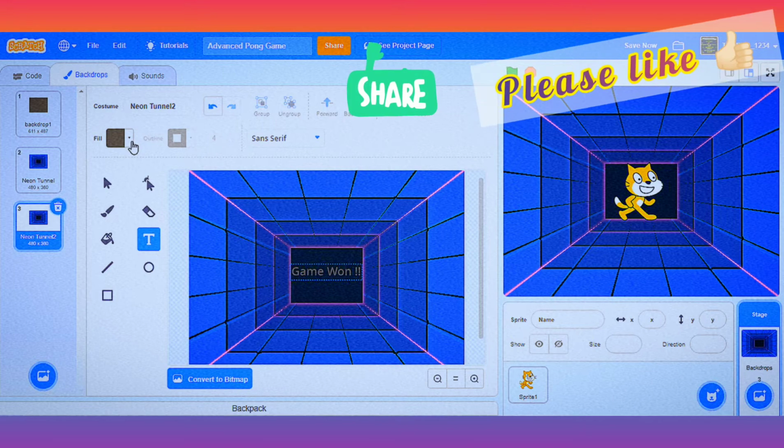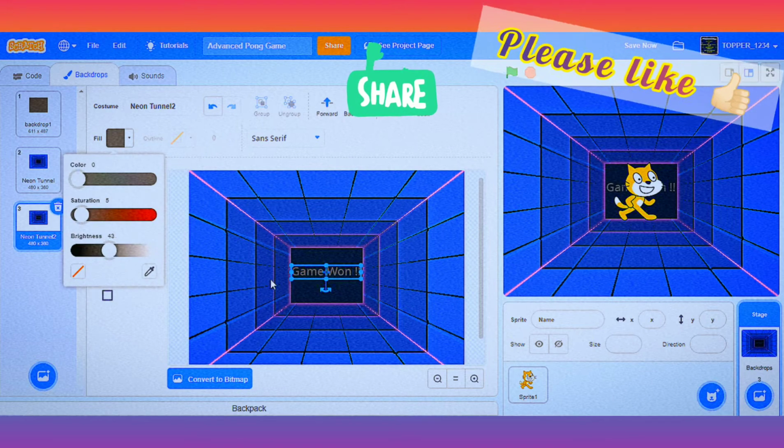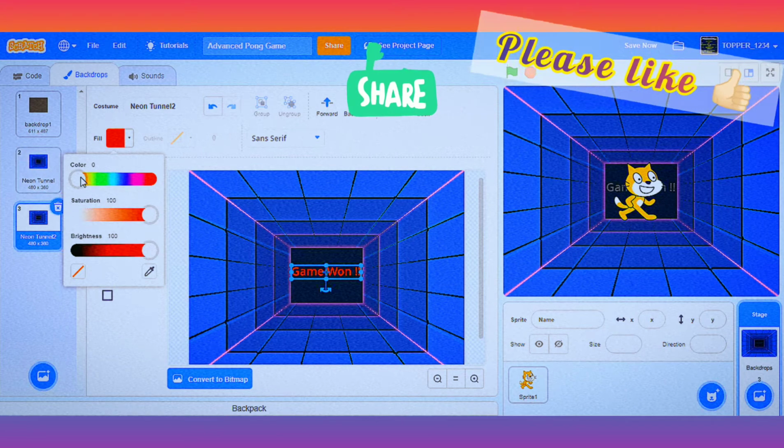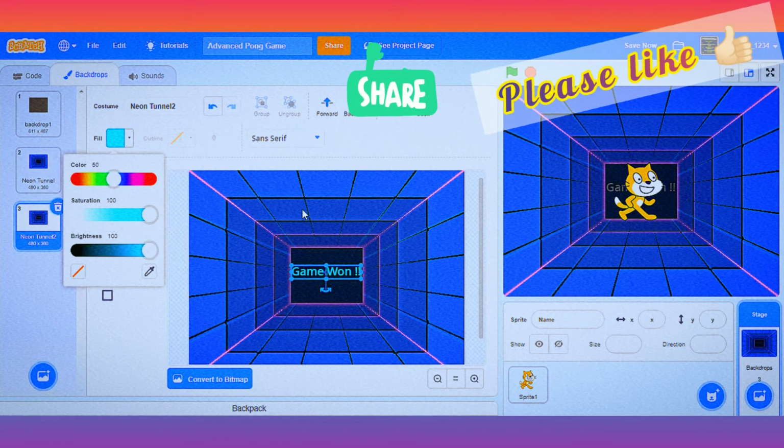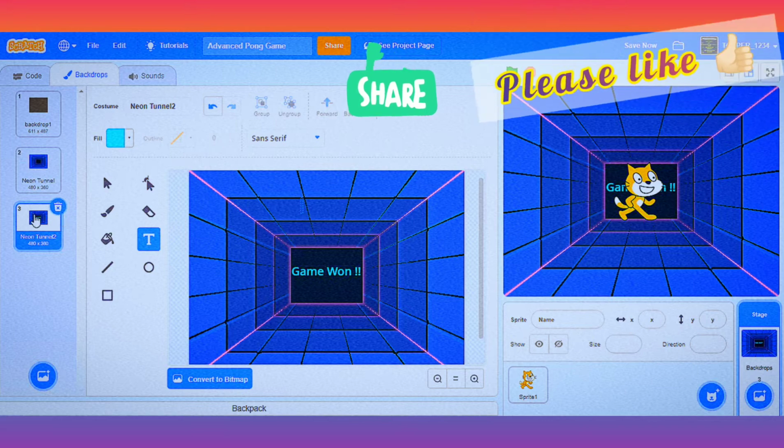Now we'll change the color to a brighter one. Like this. Yes, it's perfect.